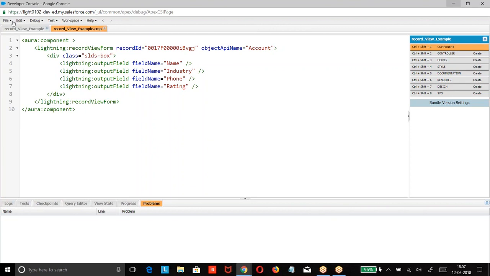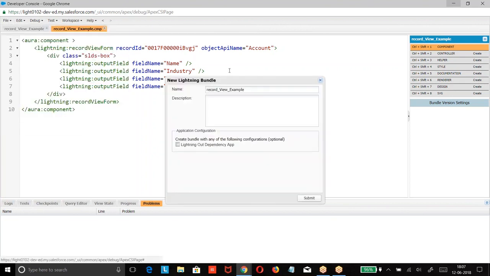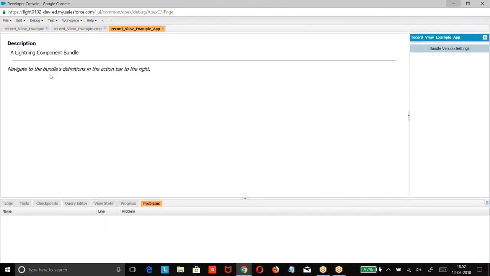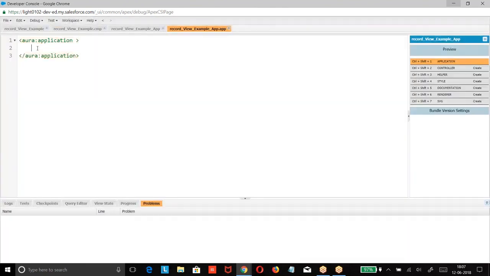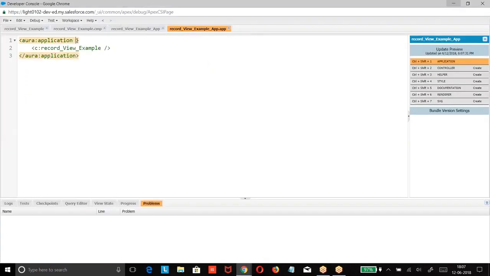Okay. Now we are adding it to the Lightning application. Go for a preview. We have not given force:hasRecordId.